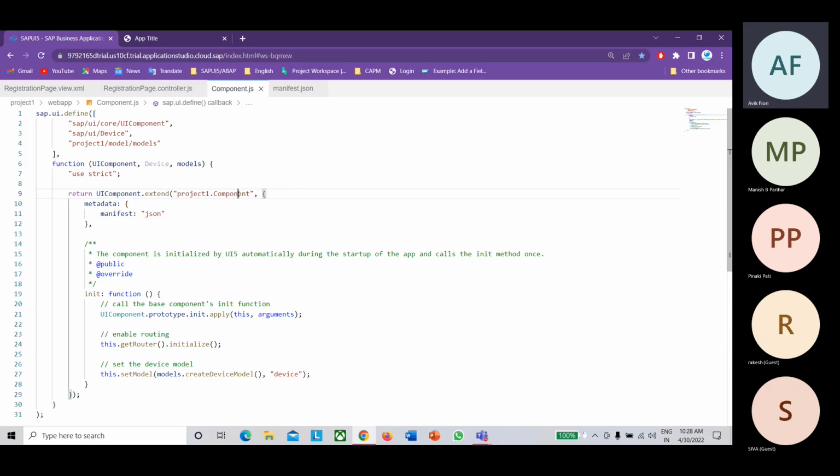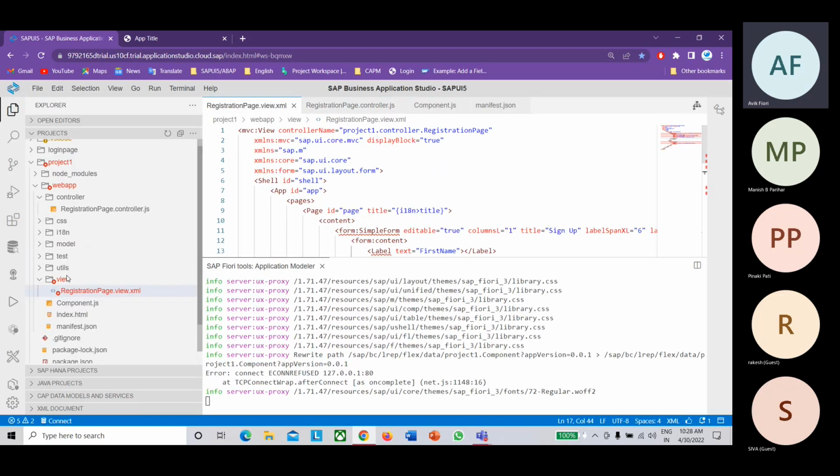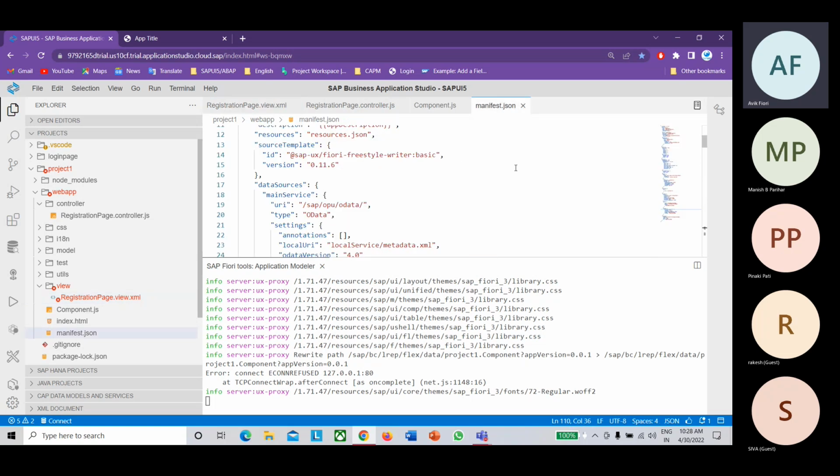That's what SAP is doing. Once you create the project, the basic configuration is already kept in place. You don't need to touch it. You just have to touch the controller file, XML file, i18n file and CSS file. These are the files we would be touching most, and then some part of the manifest.json file.